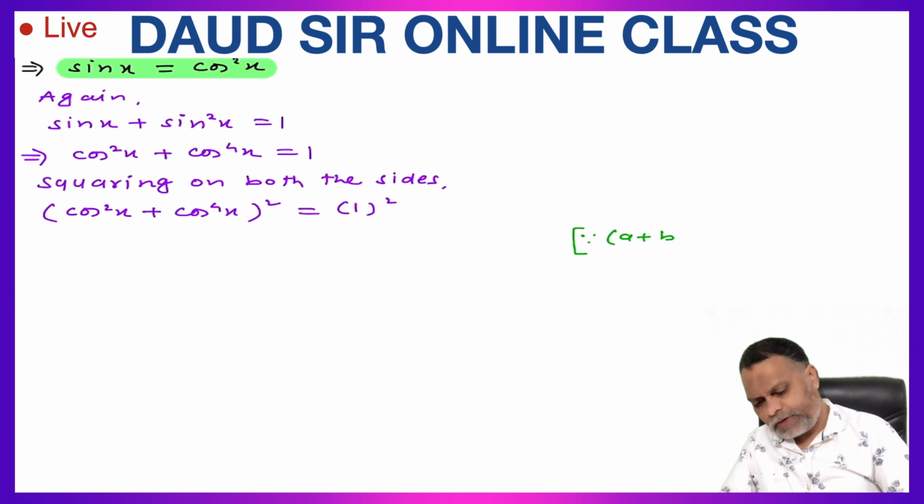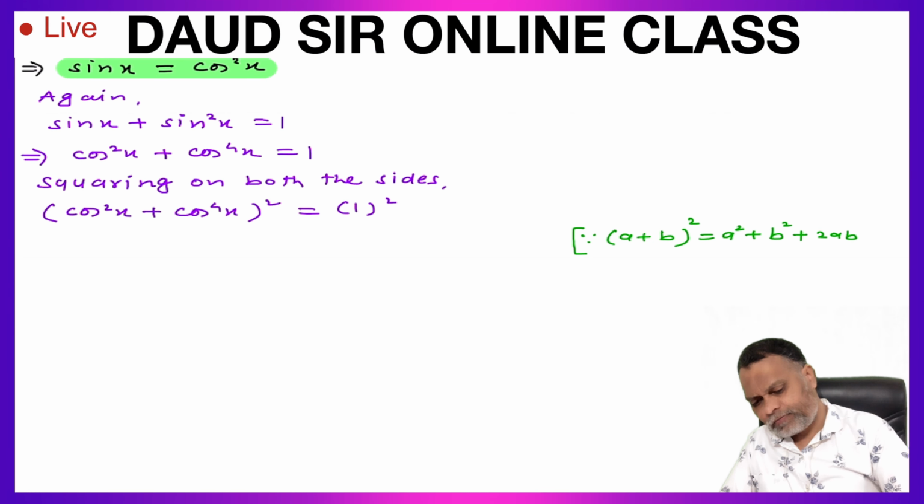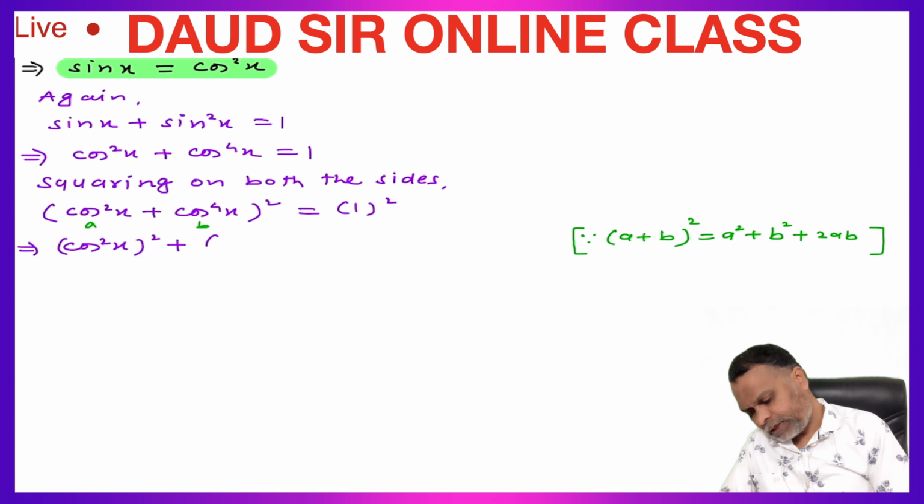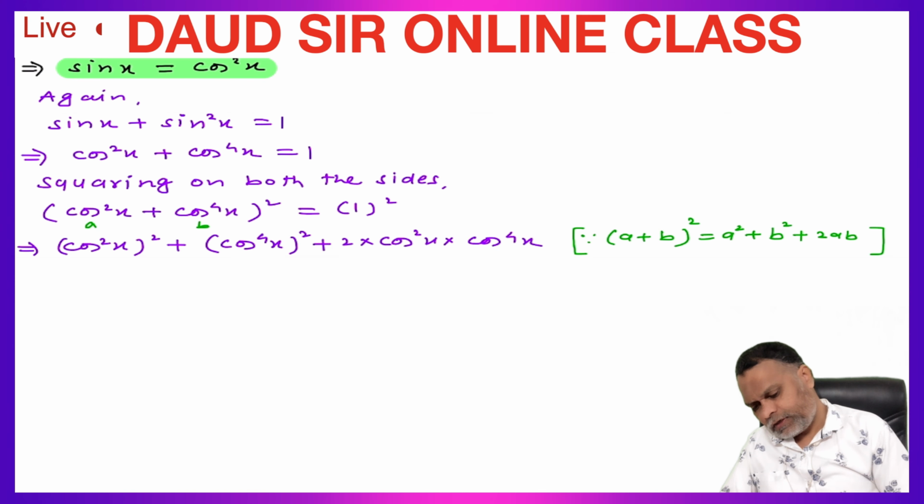Since (a + b)² is equal to a² + b² + 2ab. Apply this identity here. a is equal to cos²x and b is equal to cos⁴x. So which implies a², (cos²x)², plus b², (cos⁴x)², plus 2 times a, cos²x, into b, cos⁴x